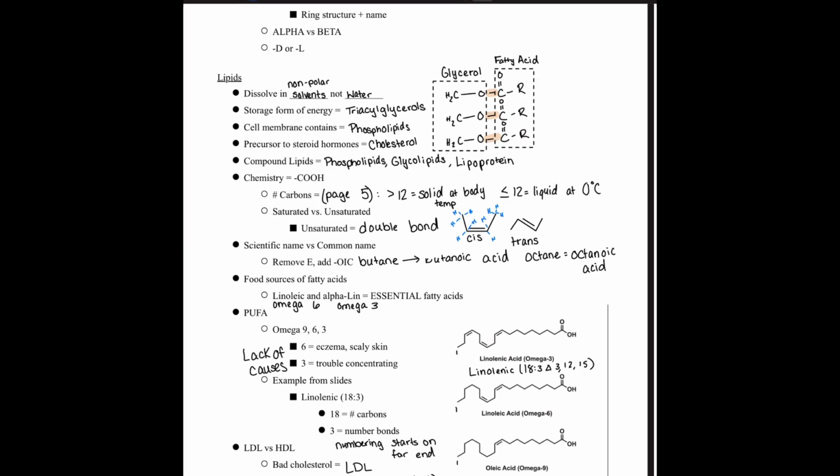So let's take a look more at what those mean. I'm going to skip this bullet point for a second. So here are 3 fatty acids that we've talked about. So this is your omega-3, omega-6, and omega-9. So let's think about what these words mean. So an omega-3 means we're going to use the omega naming system, and that the first double bond is on carbon 3. So when we are numbering carbons using specifically the omega system, we're going to start all the way